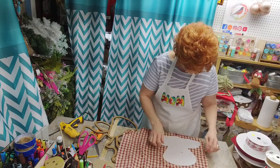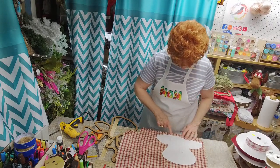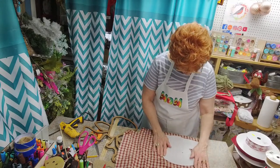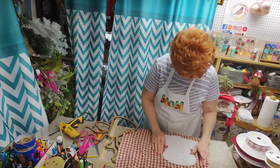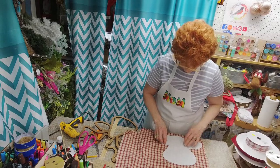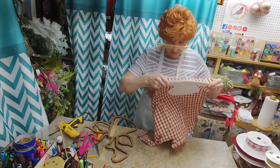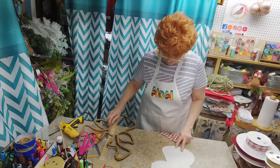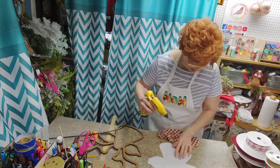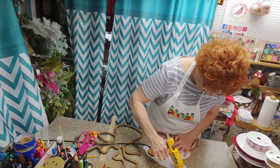We're going to get a vantage point on here, so we know our front is going to be somewhat straight. I'm just going in between the lines here. Did I have this right? Let me see if I have this right again. Okay, yes. All right, so we're going to start by putting a nice thin bead on